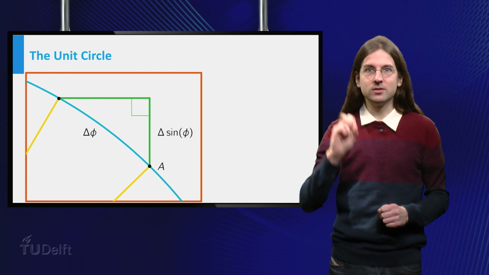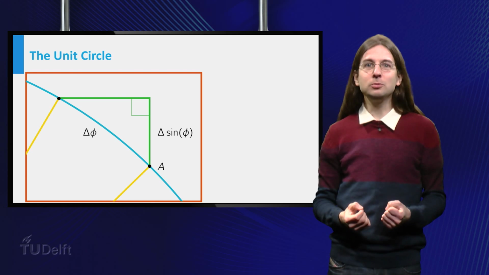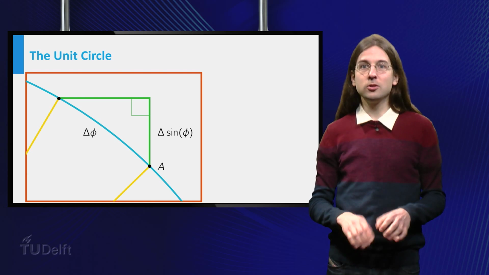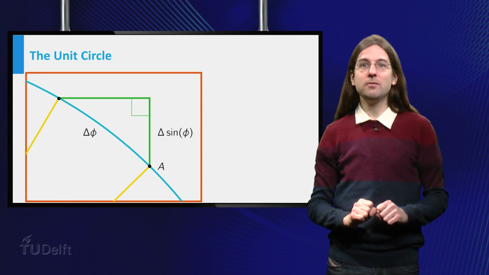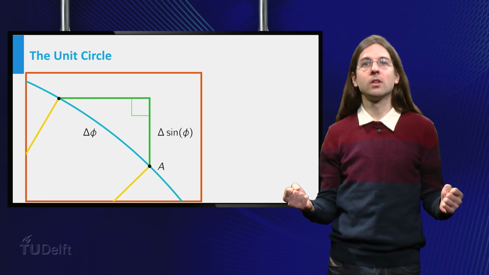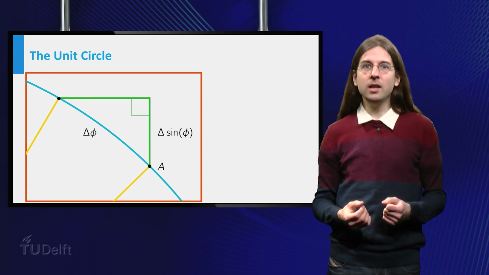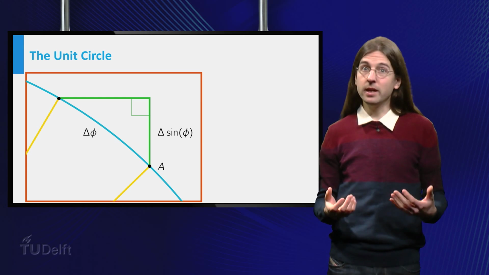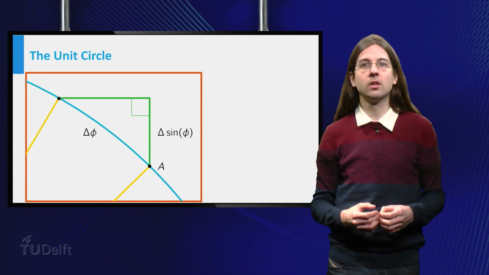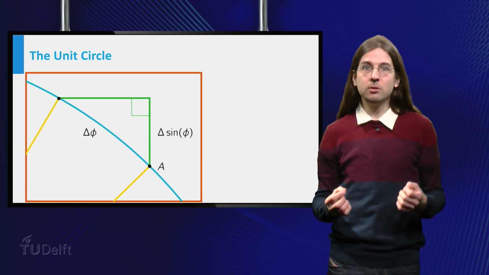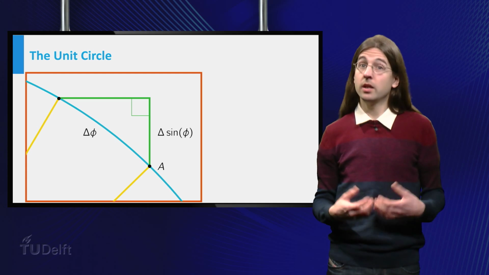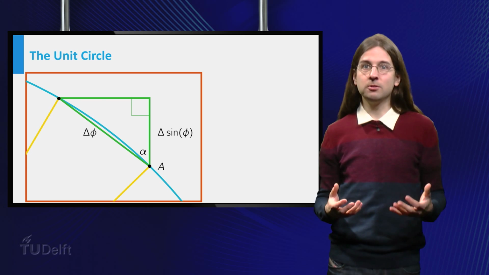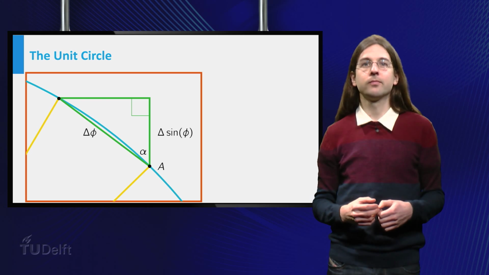Now, we know two things. Because the arc is so small, the circle looks like a straight line in this zoomed-in picture, just like the surface of the Earth appears flat for us, even though it's a big sphere. Recall that the length over an arc of the unit circle equals the associated angle in radians by definition. So the length over this arc equals delta phi. It is, moreover, approximately the same as the length over a straight line with the same endpoints.